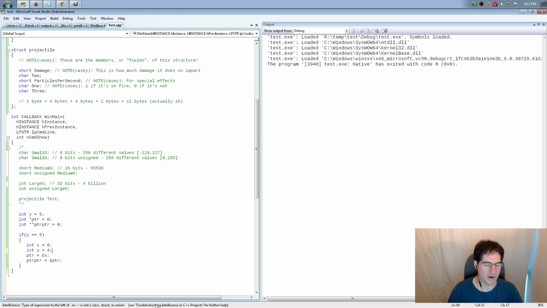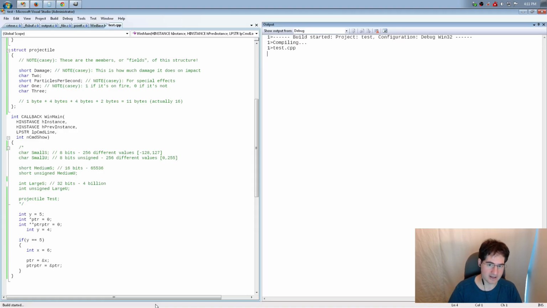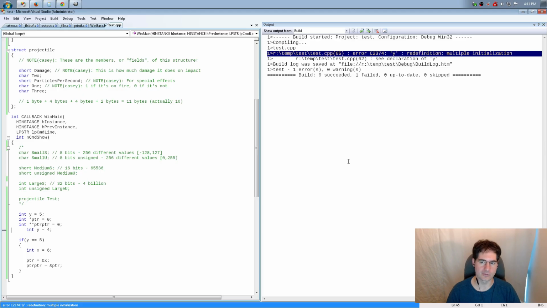Last thing. When you open a new scope, you can shadow a variable. I snuck it in here, but I don't know if anyone caught it. There are some eagle eyes on the stream, so I assume they probably did. Basically, if you have two variables called y, normally that would be an error. If I did this, it's not going to compile. It says you have redefinitions of y. But you can always shadow a variable by declaring a new one in a scope inside the outer scope. So if I make a new block inside an old block, that block can define y again, and it's a different y.